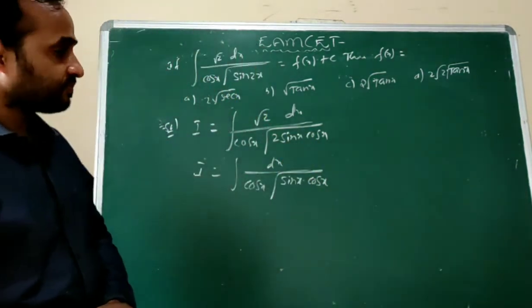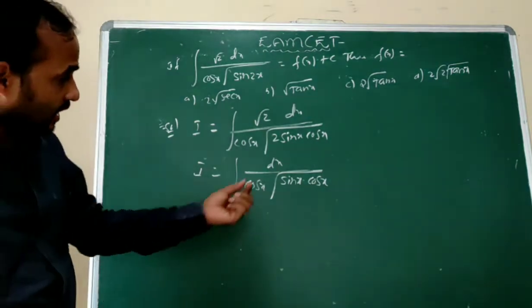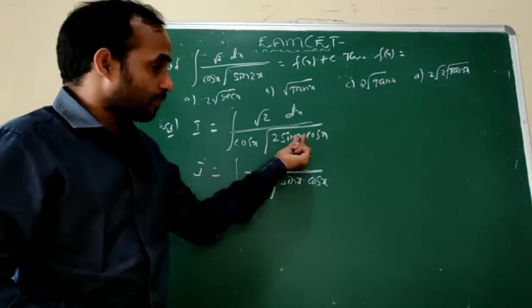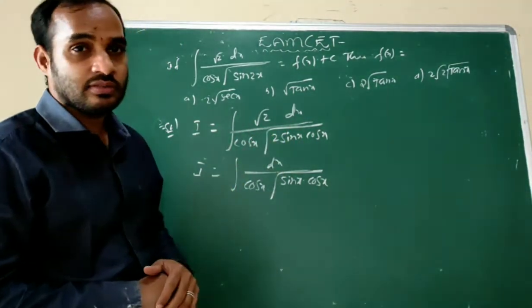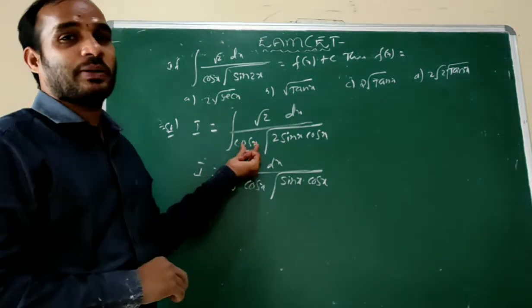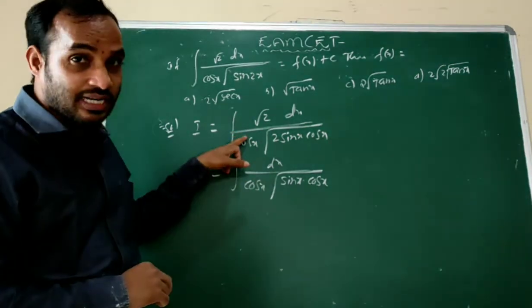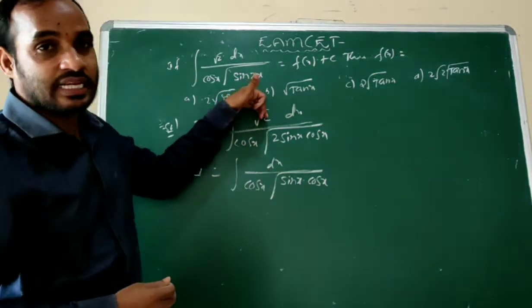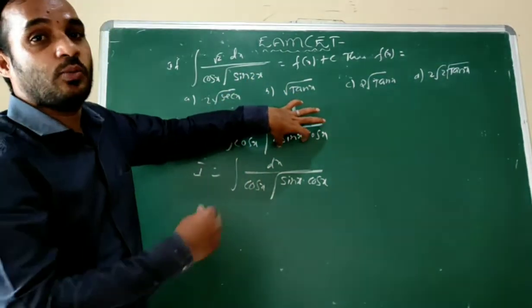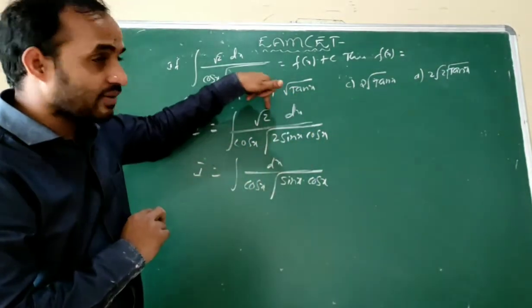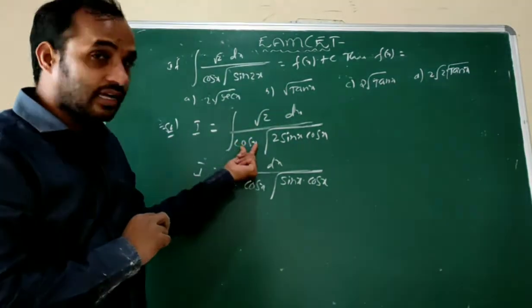This is important. So next, if in case we add and subtract 1, what is the use? There is no use, because here it is multiplied by cos x. So if in case 1 by cos square x, we can convert it to secant square x. Here is the tan x. Now put tan x is equal to t. After the derivative, it is the numerator. But here is only cos x.